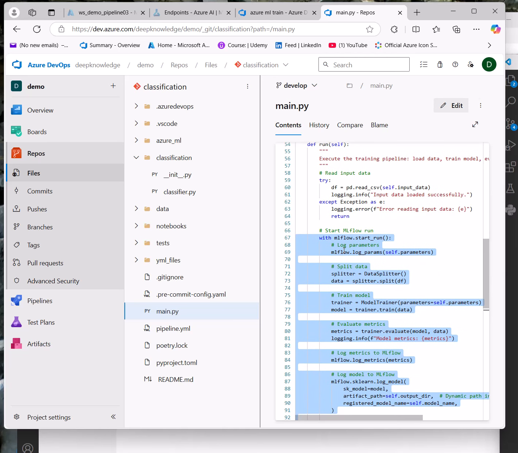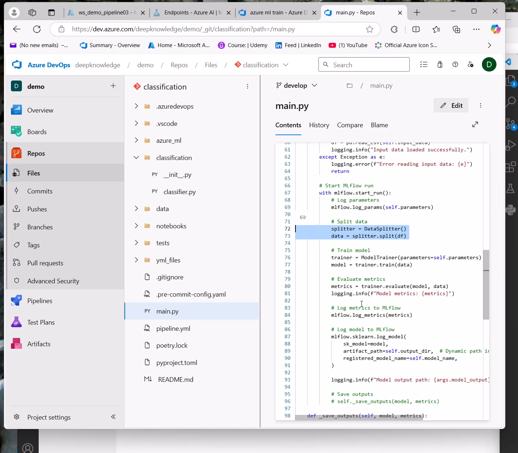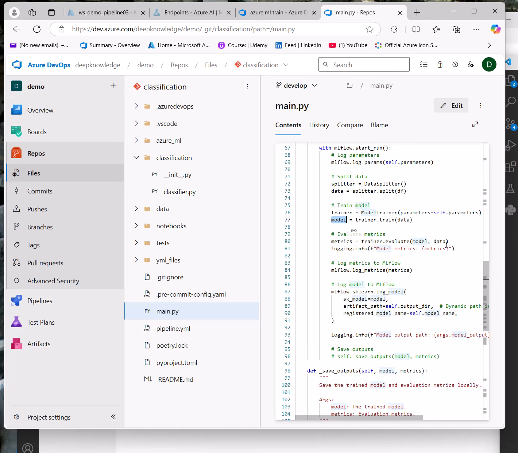Now these parameters will be logged using MLflow. The next step will split the data into training and test, and this is where the training algorithm runs. This is our model. Now we will evaluate the model on this data, I mean the testing data, only the testing.